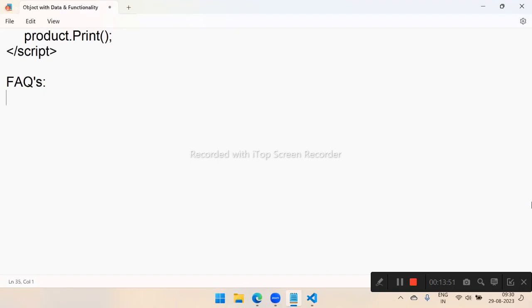The first important question is how to read all keys from an object. That is the first regular question. How to read all keys from an object, because some object is coming and we want to deal with that object. Then first we should know about that object,